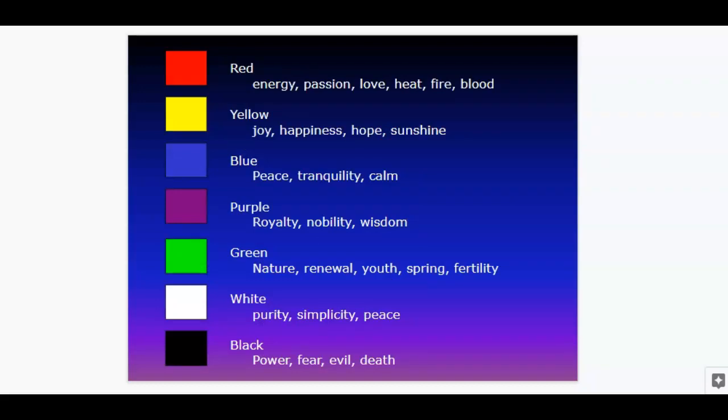Colors. What's interesting about colors is their symbolic nature depends on the society that you're living in. For example, in China, when you get married, you wear red. To them, that means purity. But for us, white means purity. So make sure that you write these down. I'm not going to go over all of them. You can add anything to it.